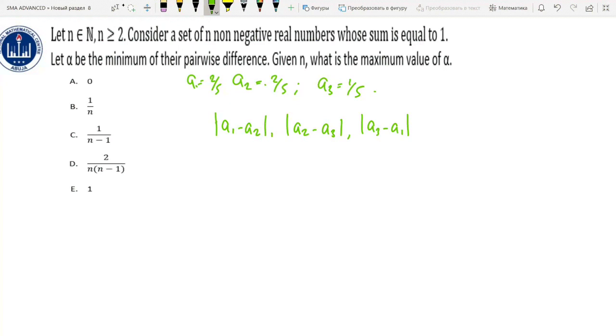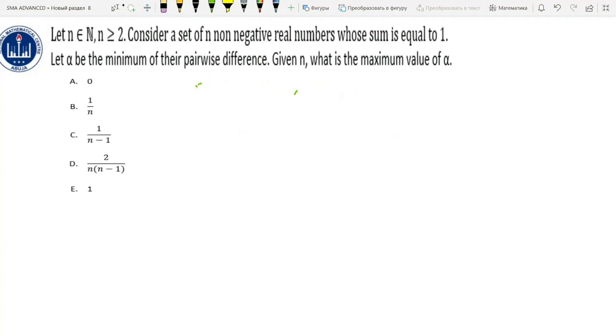Remember, I said when they are counted differently, the answer is A equals 0. But I doubt that's what they meant in this question. So I'll just do the case when we're talking about positive pairwise difference. Let me write it as positive or absolute pairwise difference, or non-negative pairwise difference, because sometimes it can be 0 but positive. It kind of means positive and non-negative.